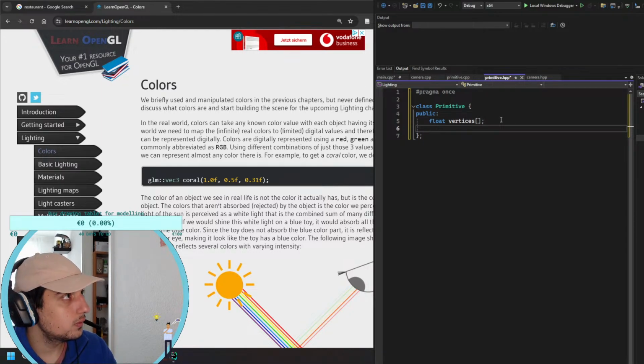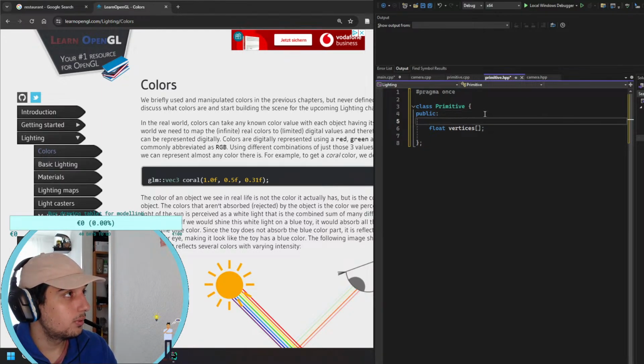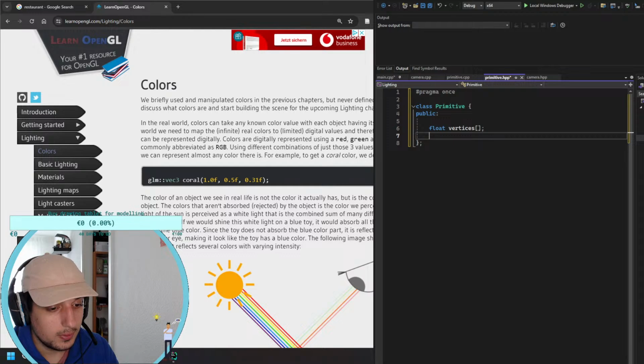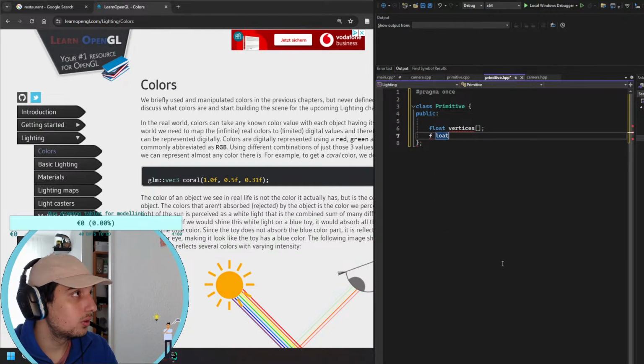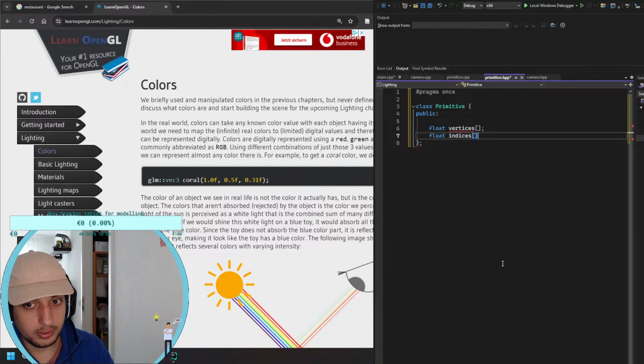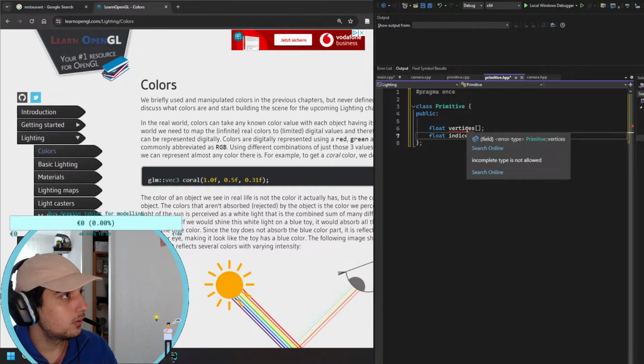Float vertices. The primitive has what else? It has indices. It has vertices, it has indices, and